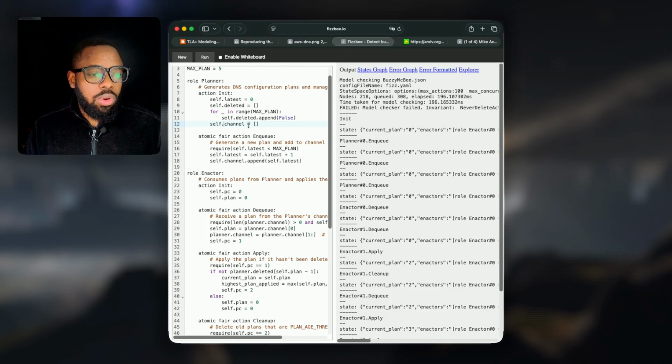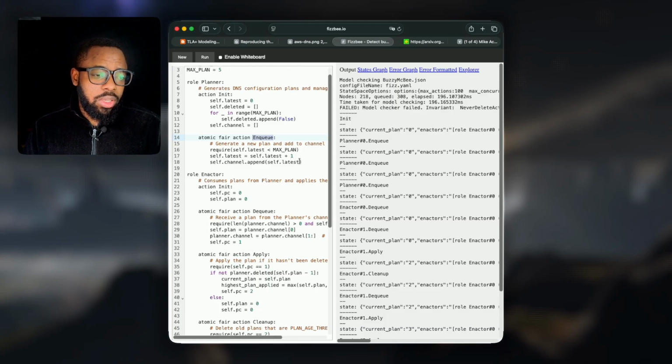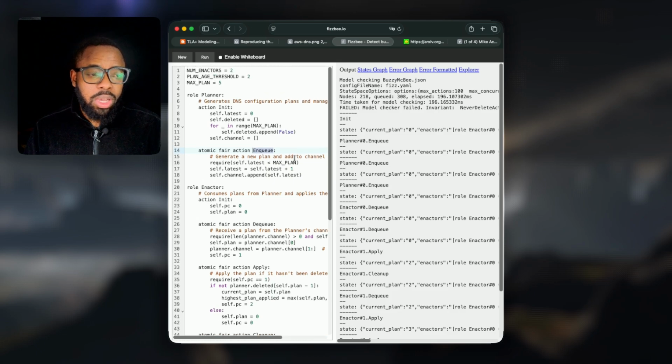And the planner really has one key action, the enqueue action. What it does is it first checks if we have reached the maximum number of plans that we want to generate as part of the simulation. If not, then we generate another plan by incrementing the cursor for what the latest plan is, and we enqueue into the channel. Now, if you're not familiar with FizzBee, atomic basically means, think of